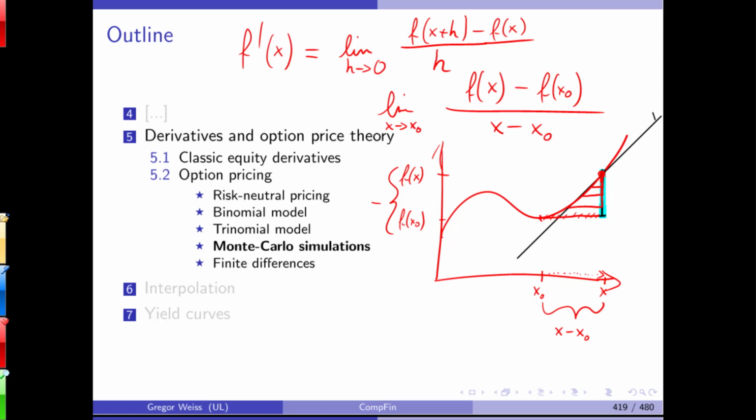Die Idee bei den finiten Differenzen ist letztlich eine ähnliche wie beim Binomialmodell. Beim Binomial- und Trinomialmodell sagen sie, sie haben einen stetigen Prozess, den kriegen sie nicht gelöst, also ersetzen sie den stetigen durch einen diskreten Prozess und sorgen einfach dafür, dass die Parameter so gewählt sind, dass der Prozess möglichst gut den stetigen Prozess approximiert. Und finite Differenzen klingt auch etwas, wo man sich denkt, um Gottes Willen. Finite Differenzen, muss man dazu sagen, wenn man das richtig